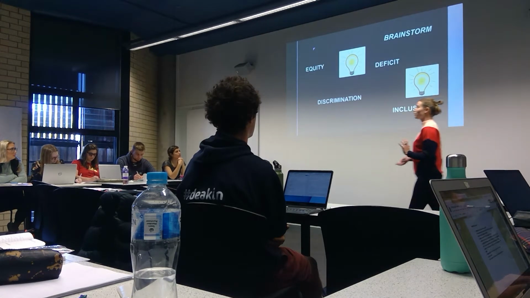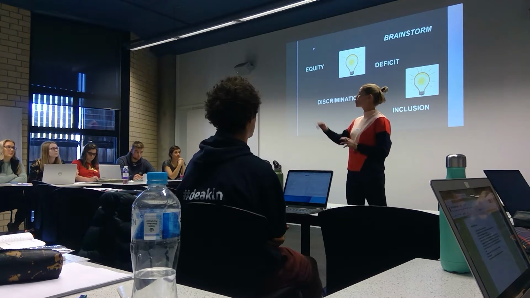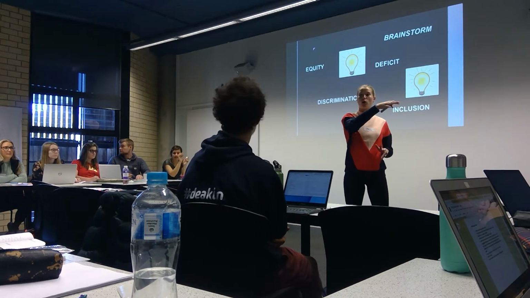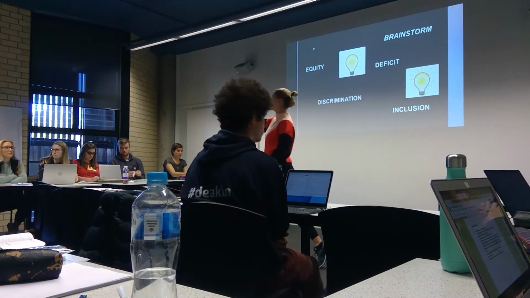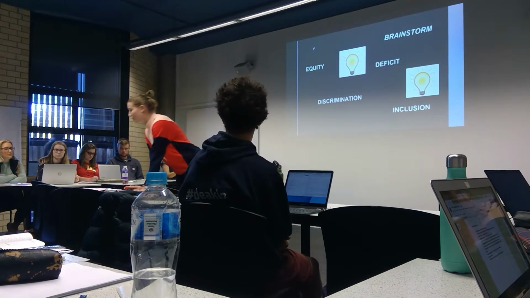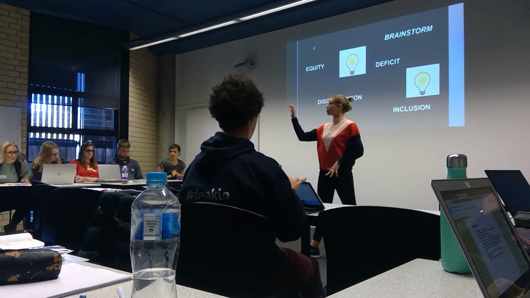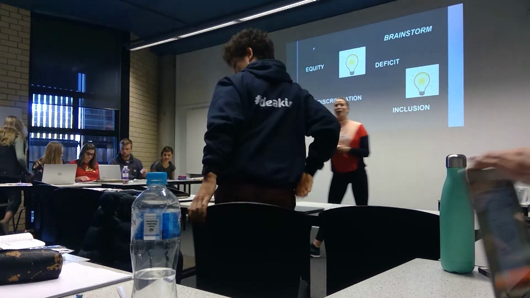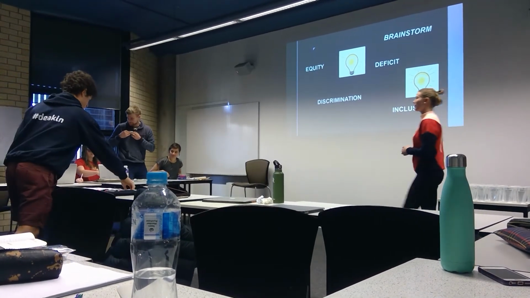So for our first activity, we're going to have a buzz around the room, a 2-minute brainstorm. We've got 4 words that have been taken from our core reading: discrimination, deficit, inclusion and equity. All our stationery is at the front. You'll have 2 minutes, jumping up and writing as many things down at each point as we can. Off we go, 2 minutes, let's go.